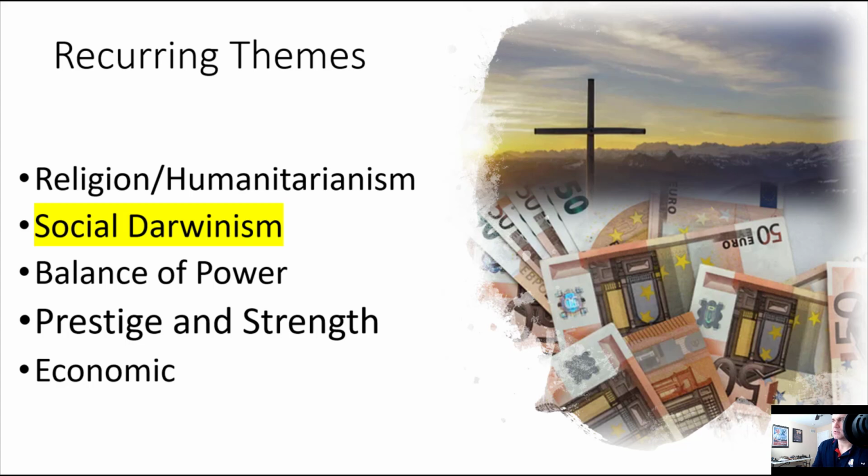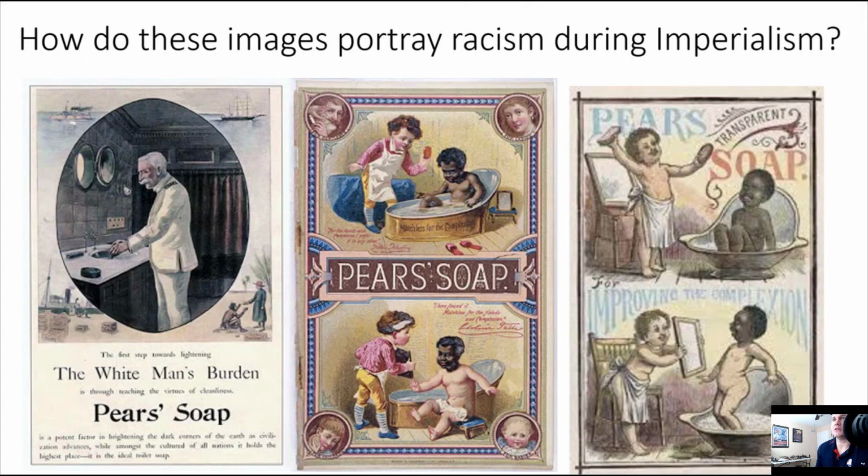So let's get into some things here. How do these images portray racism during imperialism? So this gets into the white man's burden portion. As you can see here, that text, the picture on the left is also in your textbook. It's basically talking about how the white man feels like he should go and spread civilization to the parts of the world. We can see some clearly racist pictures here in the center and the right,